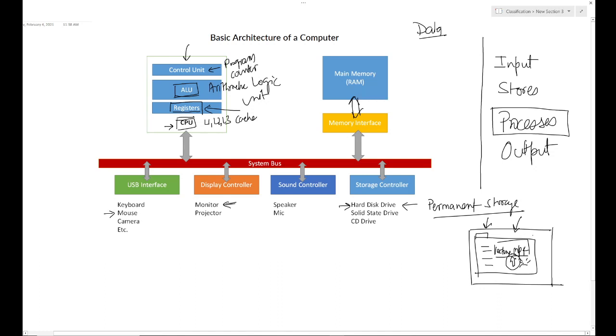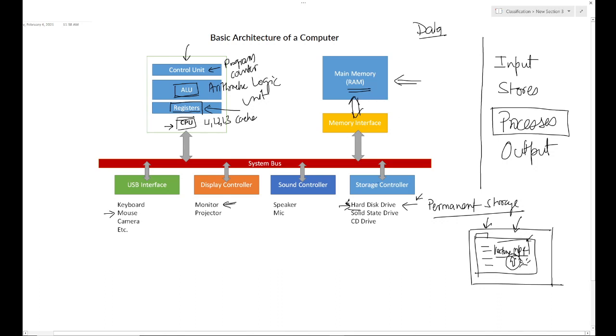So when we double click on a mouse, there has to be some way for a computer to detect that you have clicked on a file stored in this hard disk drive. But a computer will not be able to play this file directly from the hard disk drive. It has to get this file from the hard drive to the main memory. Anything that you actually process through a computer must go through this main memory. Without this, the computer will not be able to do anything. We will soon see why that is the scenario.